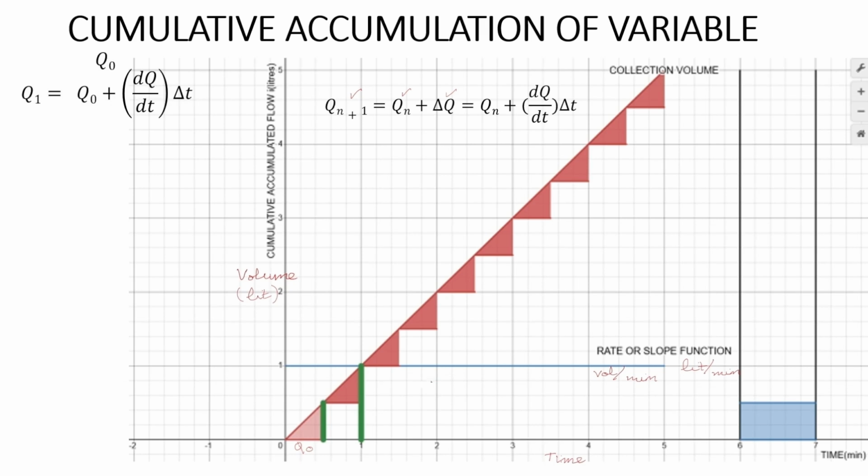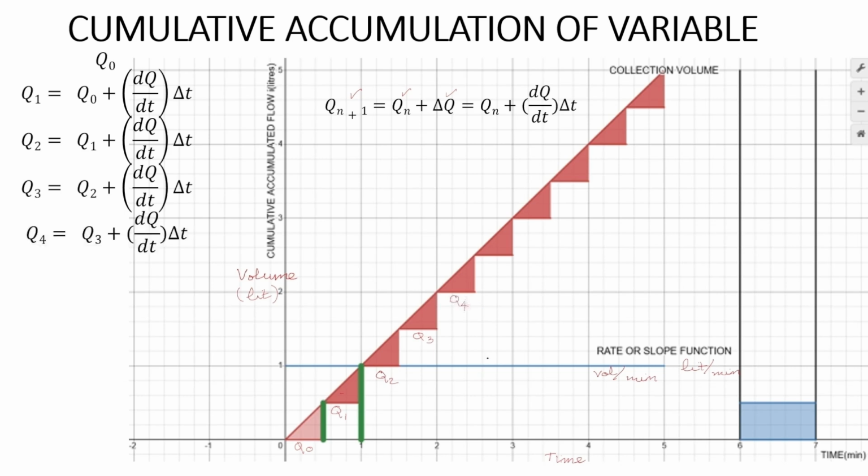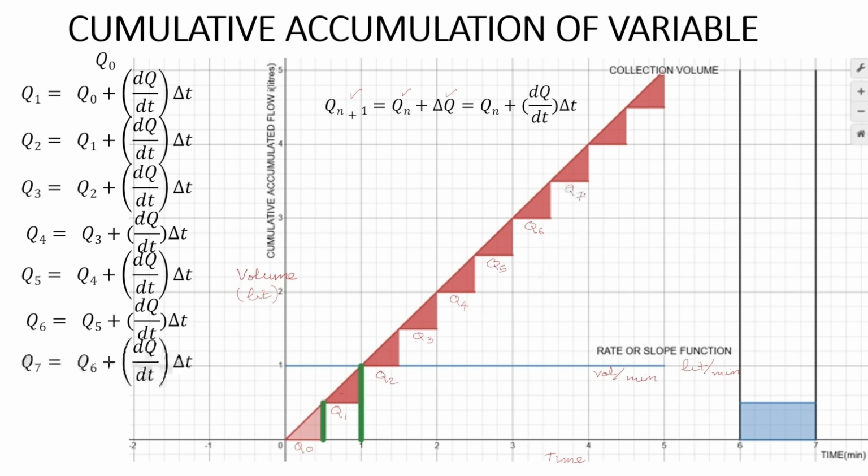The next value q1 is q0 plus dq by dt into delta t. Next, q2 is given by q1 plus dq by dt into delta t. Similarly q3 is given by q2 plus dq by dt into delta t. In the same way we can calculate all the other values: q4, q5 with the same formula, and then q6 is given by q5 plus dq by dt into delta t, and q7 again with the same type of formula. q8 is q7 plus dq by dt into delta t. Next q9 is q8 plus dq by dt into delta t. So here we find that the integration function, that is the volume cumulative accumulation,